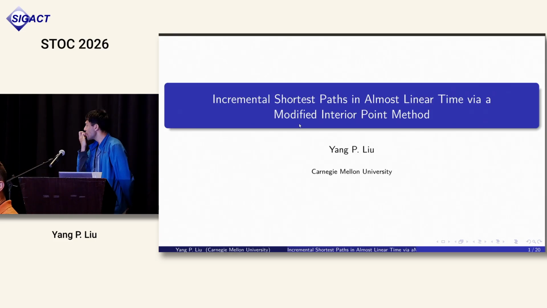Okay, so the last but not least talk in this session is about incremental shortest path in almost linear time via modified interior point method by